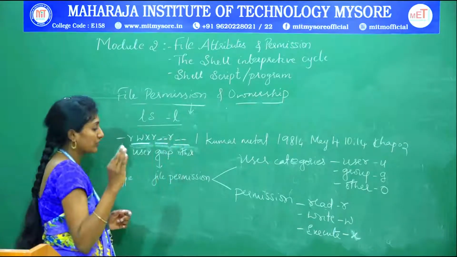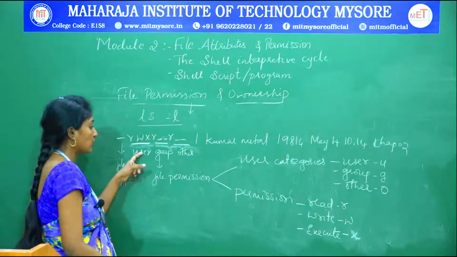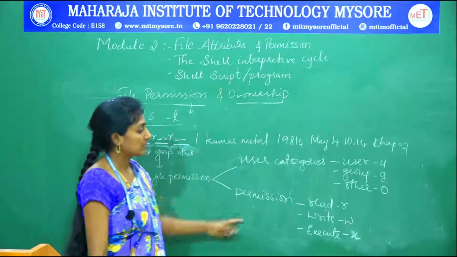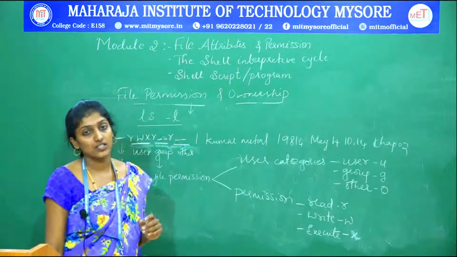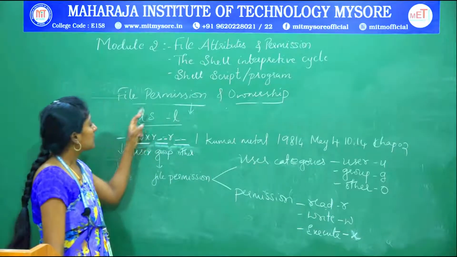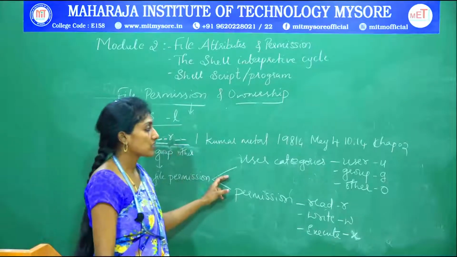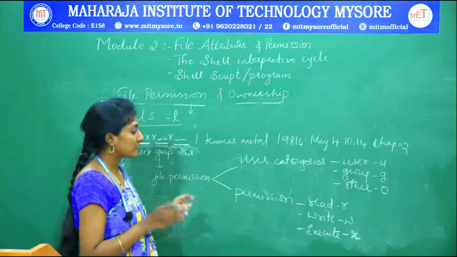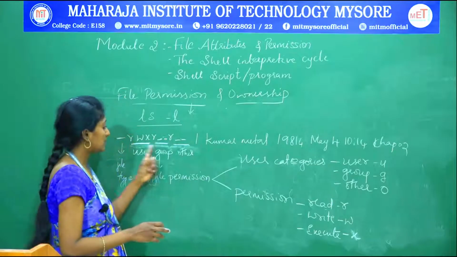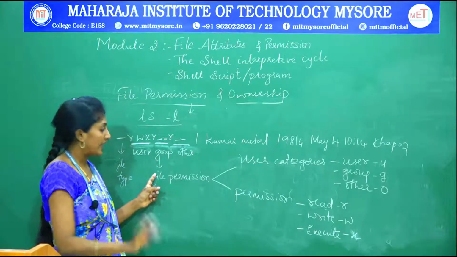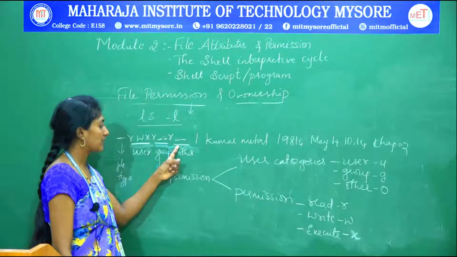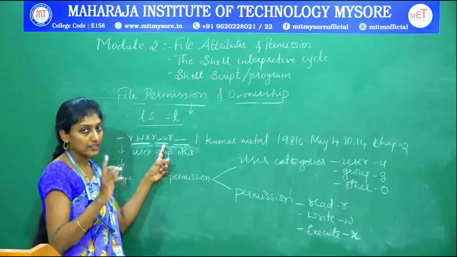With 3 categories of file permission associated: user, group and other. So that is what file permission is all about. That is how we are going to own a file and how the file permission you need to understand. When any file is created, these are the permissions that will be created by default.